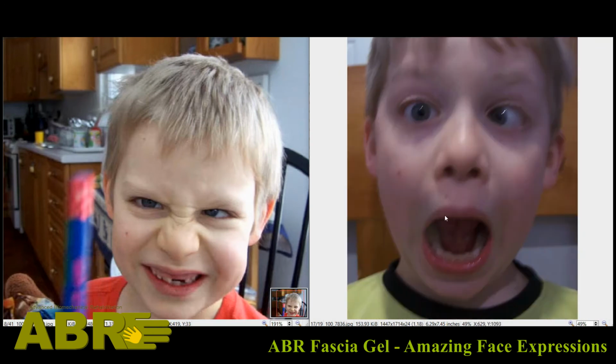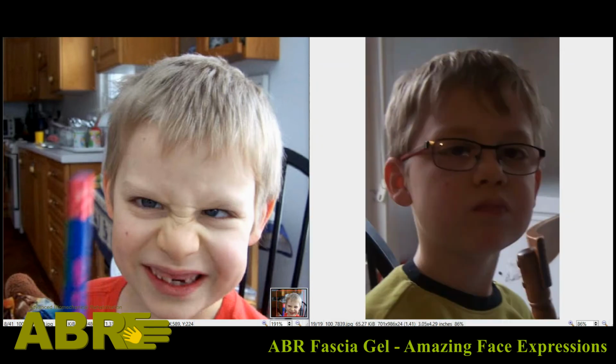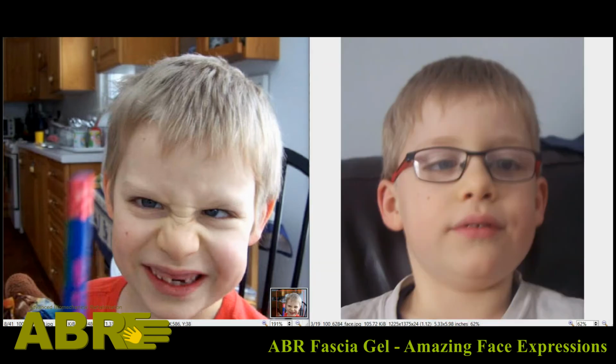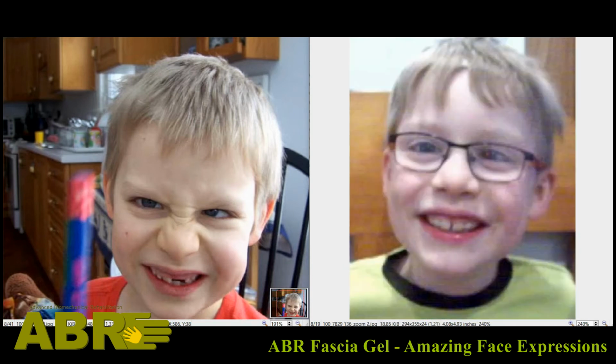Again, a very big change in the facial expression, and here you see more, right? So the boy is really showing mimic after mimic after mimic, and here is the kind of stern expression. So this is what you see. So what we have seen here is the change from one active facial expression into at least 15 different ones,